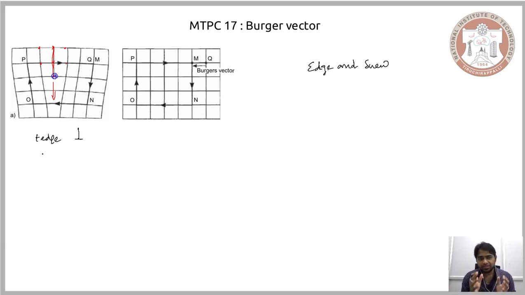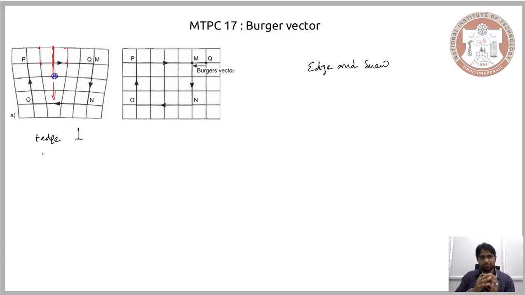Now, a similar description can be given for the screw dislocation. In case of screw dislocation, a section of layers of atoms is removed and replaced elsewhere. So your dislocation line would remain the same, however, a section of the atoms would be removed and replaced elsewhere. So based on how the arrangement of the atoms is disturbed by the dislocation, we have categorized it into edge and screw dislocation.